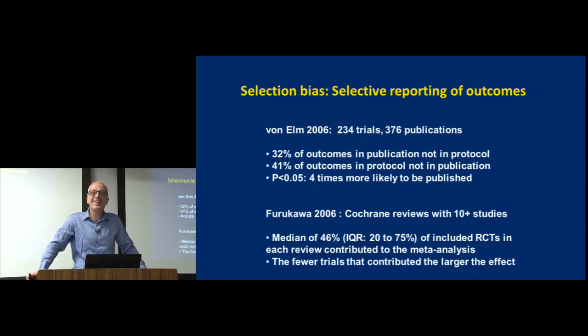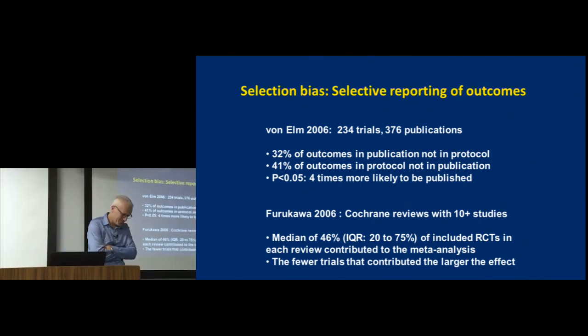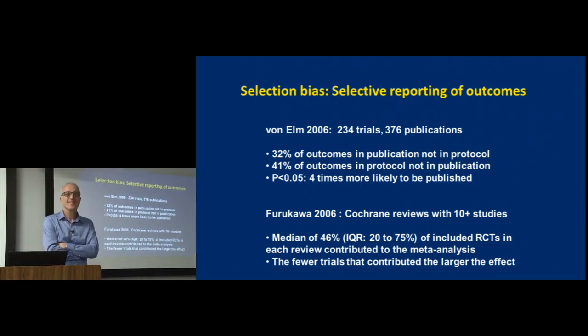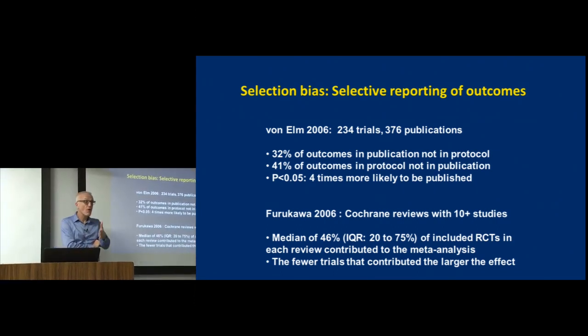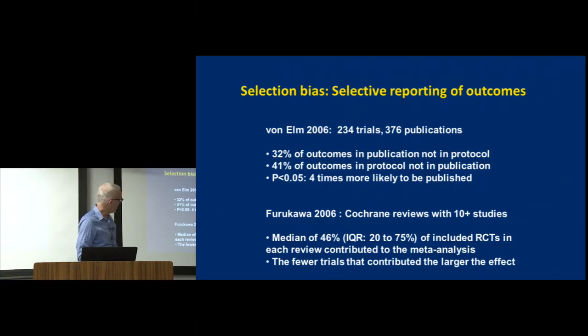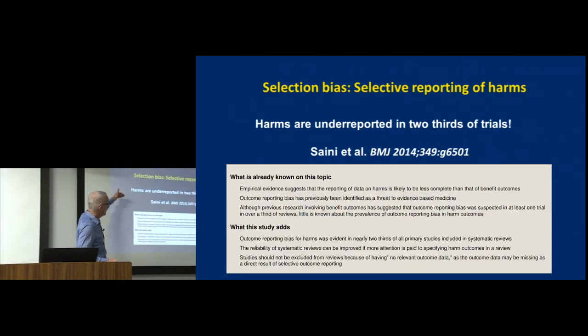Yeah. So we compared the effect sizes of the meta-analyzed primary outcome against the proportion of trials out of the identified studies that contributed to that primary outcome. And the greater number of studies contributed to the primary outcome, the effect sizes became smaller. Yes. So strongly suggesting selective publication at the level of outcomes,